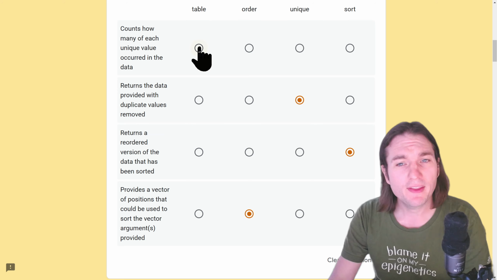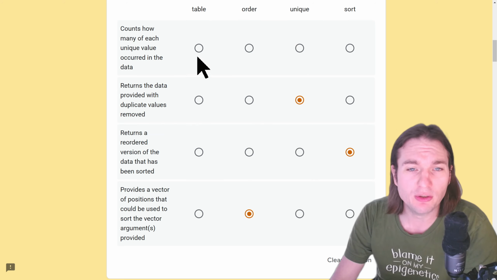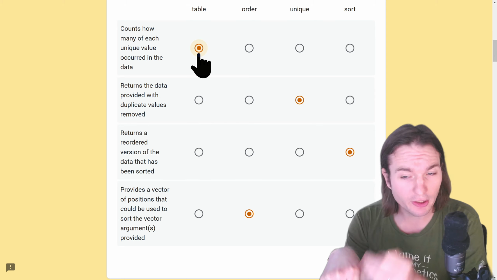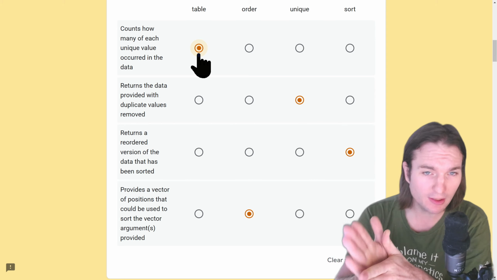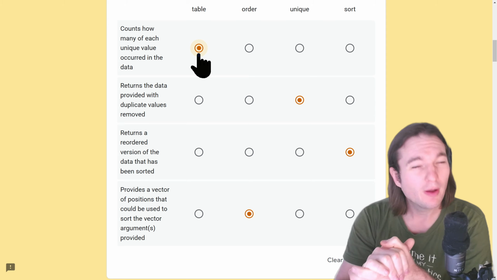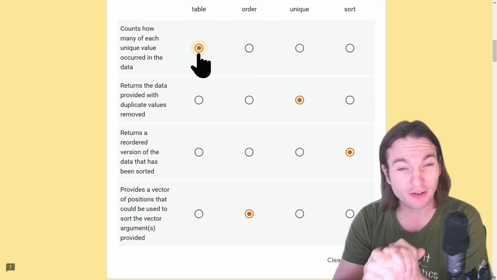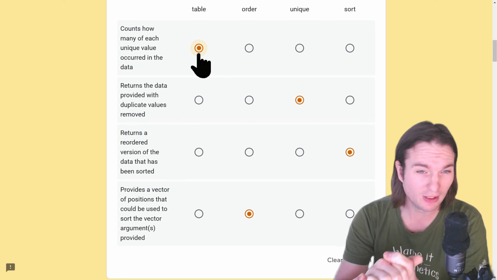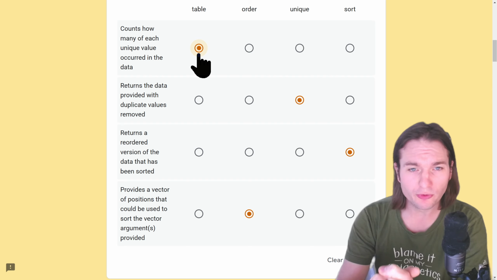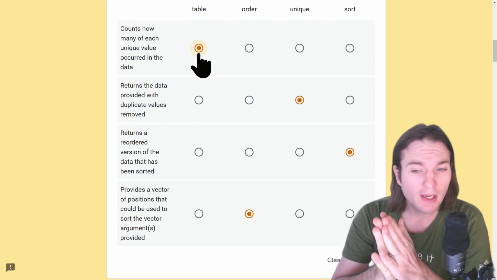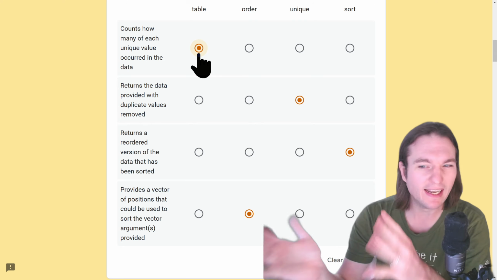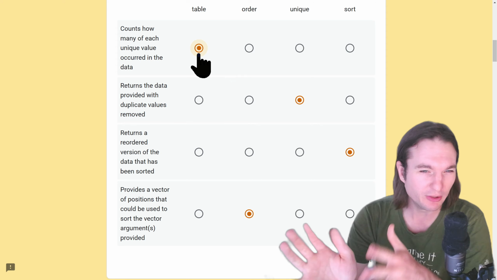All right, finally, table, the odd man out here, although it's somewhat related to unique. It first finds each of the unique values, and then it counts how many occurred. Now, when passed a vector, it produces a vector output, just each of the different values. When passed something more complicated than a vector, it produces a more complicated output called a contingency table. And it can be a bit challenging to use. And so oftentimes whenever I'm using table, I'll do some sort of coercion downstream in order to just get the data I want and get it outside of this class called table, which is just a bit of a